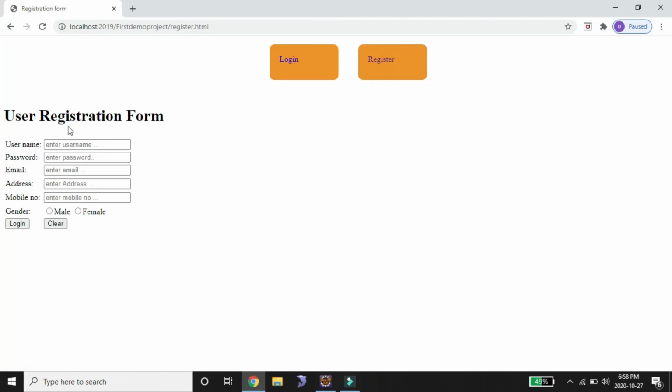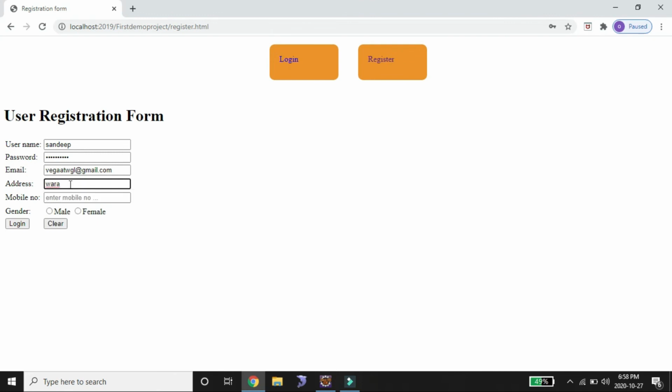So this is the user registration form. I enter my name, Sandeep, and password Sandeep123, email vega@wgl@gmail.com, and address,